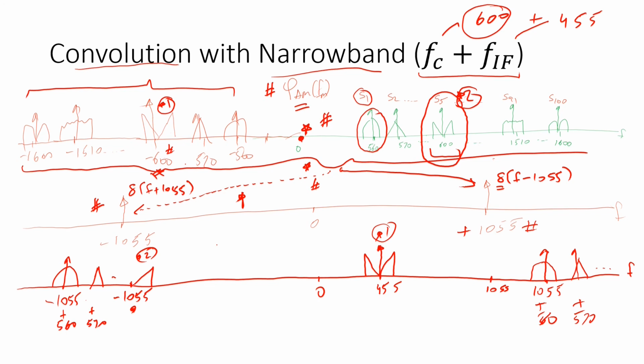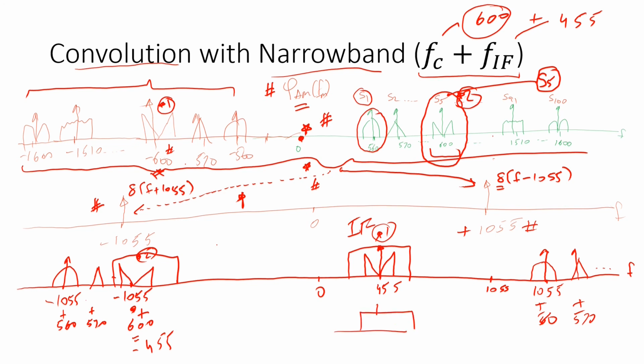That is, we would have this one, that is 1055 plus 600. So this is actually minus 455. So we have a minus 455 and a plus 455, which is an intermediate frequency, and at this intermediate frequency we have tuned into the station S5. So hence eventually using a band pass filter over here at 455, we would be left with the original station, that is basically the one that we desire,